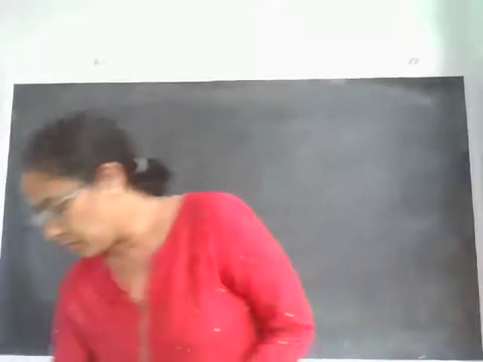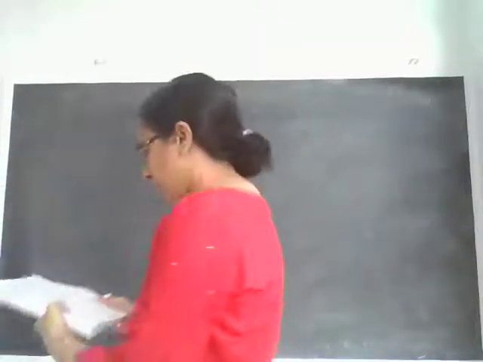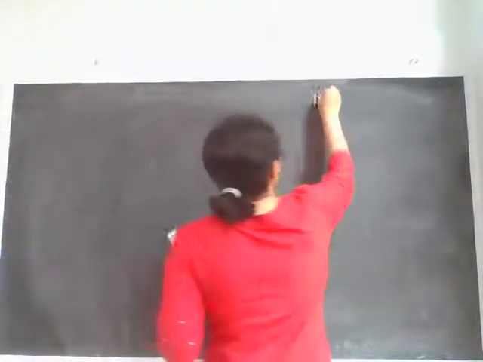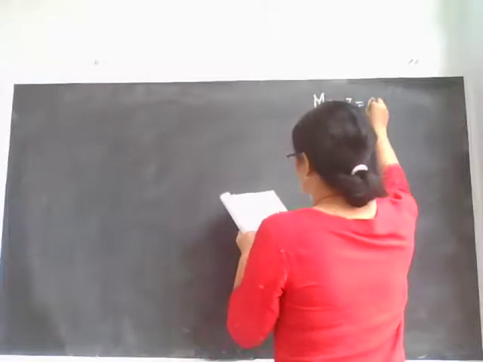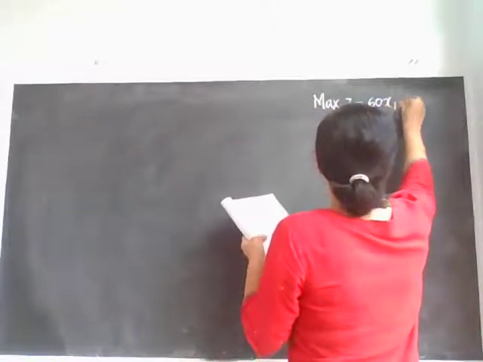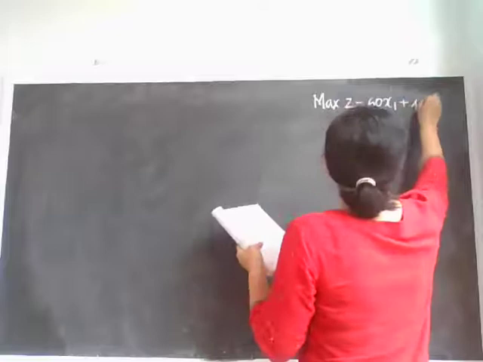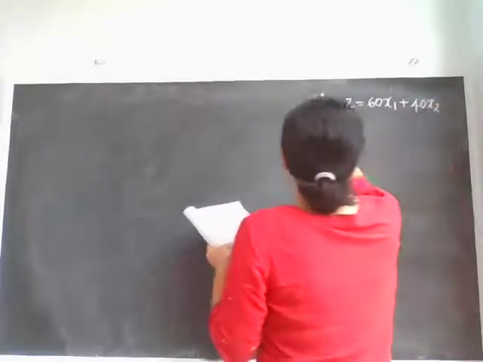So start doing with me. Write the problem. Maximize z is equal to 60x1 plus 40x2, subject to